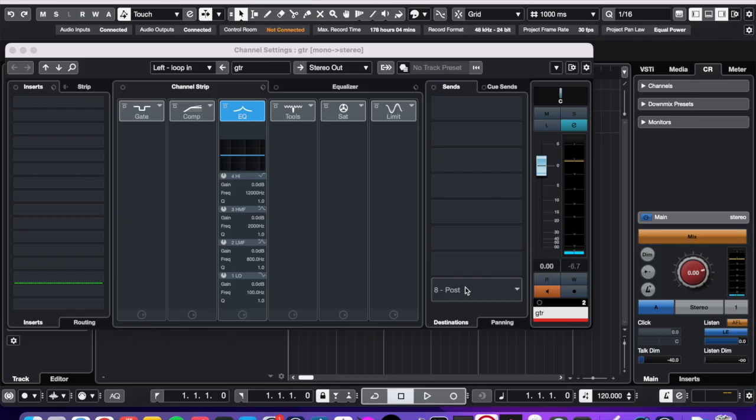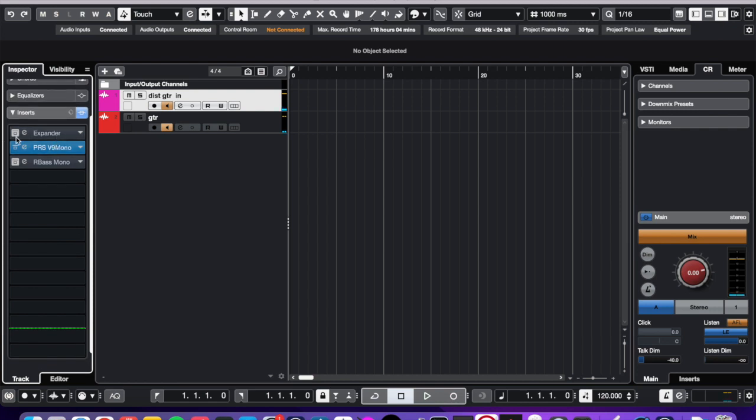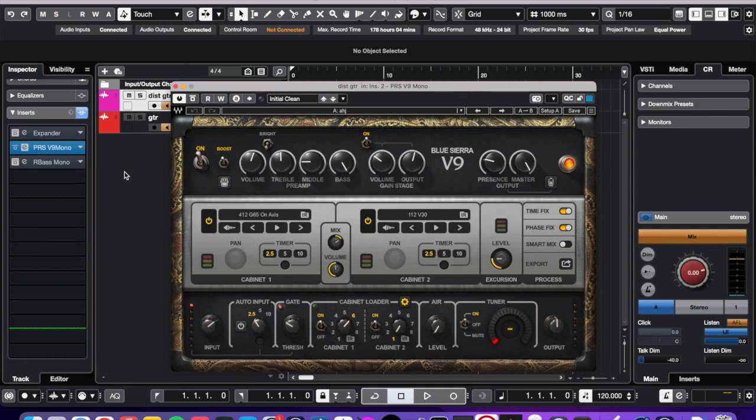Right, let's try this. So now I have routed the audio analogically to another sound card. Maybe I will not get so much crackling, and instead of OBS I'm recording with QuickTime. So let's see what happens. Yeah, it seems that it's working. So let's check the final thing that I have. I tried to use an expander and I have the PRS V9 as mono instead of stereo, so